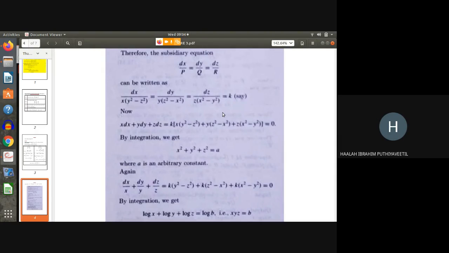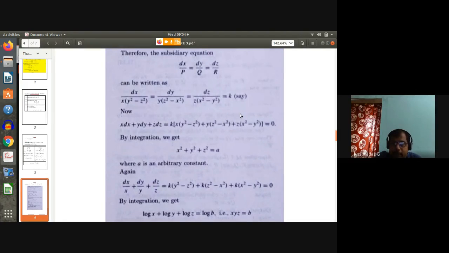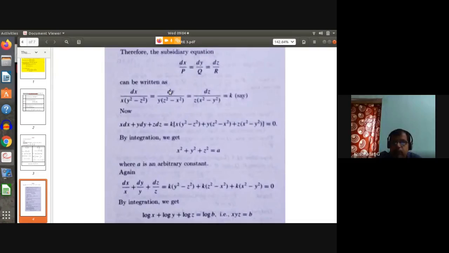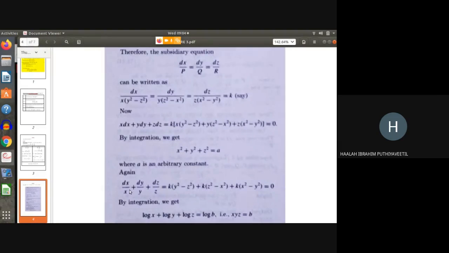Understand? Okay, sir. Then only the denominator becomes 0. Otherwise, it is not 0. We are multiplying both sides by x and adding. Then we will get numerator is proportional to denominator. That is the idea. We are choosing suitable multiplication so that the numerator is proportional to 0. Okay?